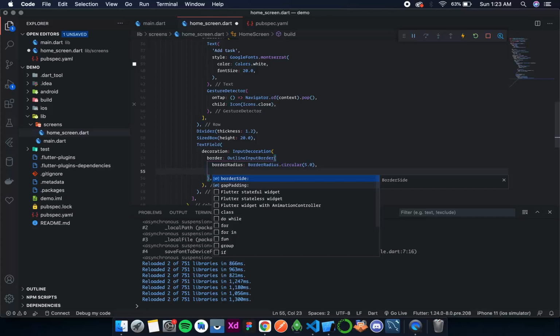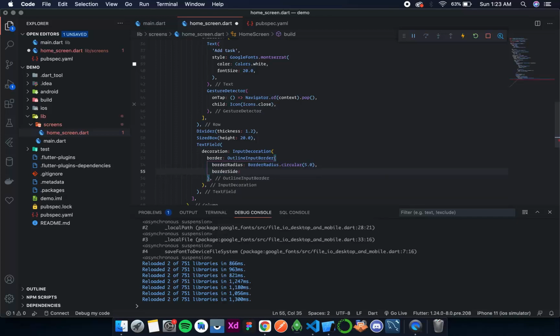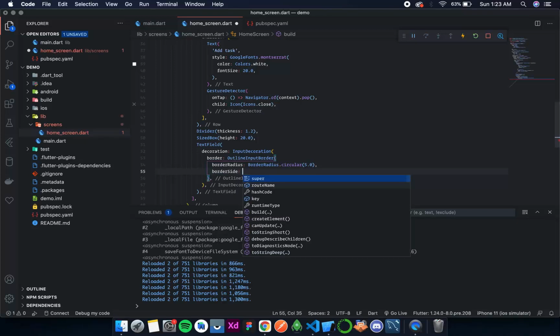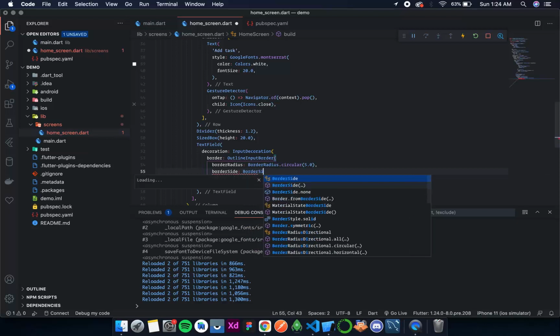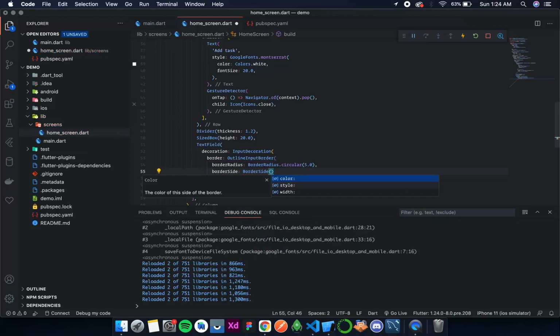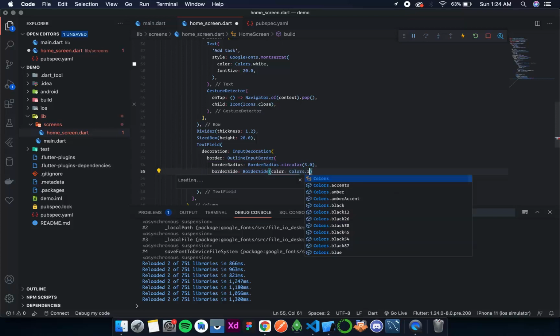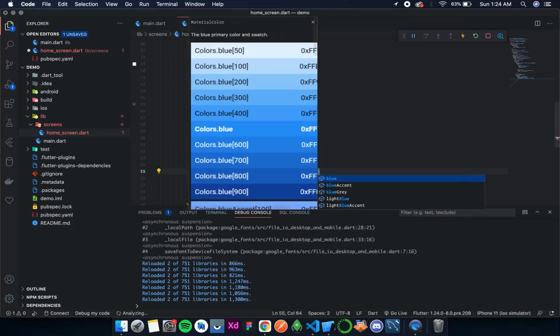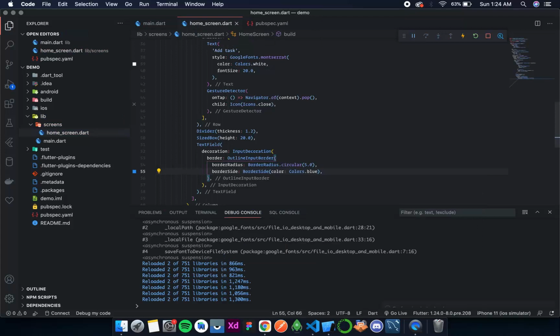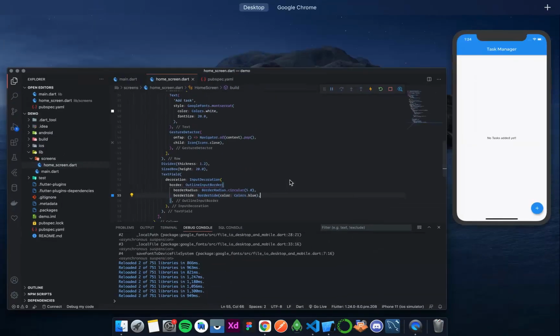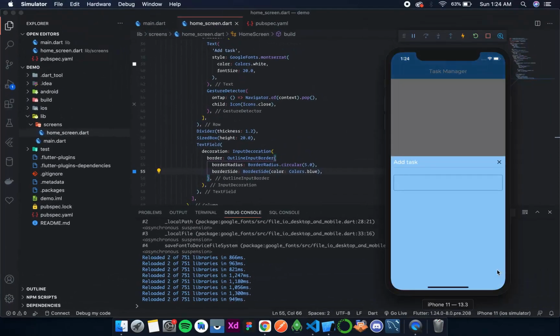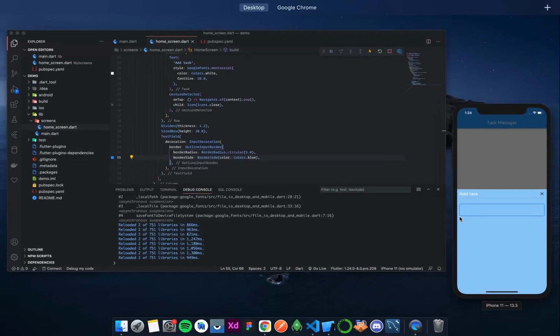Now after that we have border side, meaning that in the outline input border we give one border side, and that is copied for all the 4 borders of an input field. So simply border side, and the border's color will be Colors.blue. Cool, let's see. So we have the border over here.